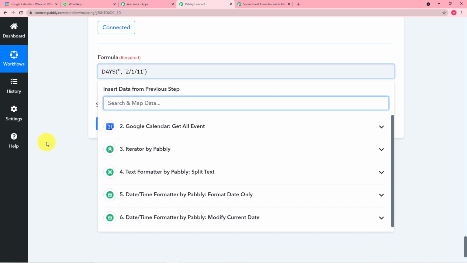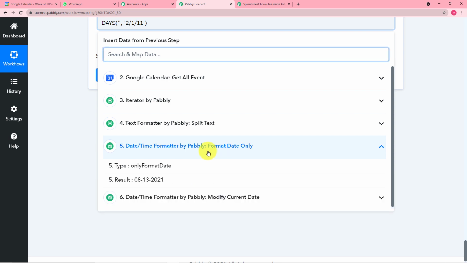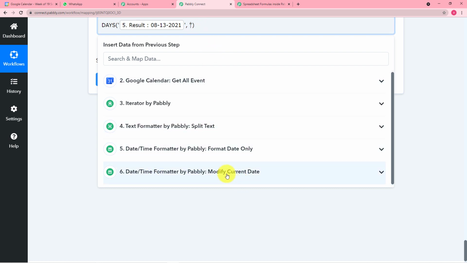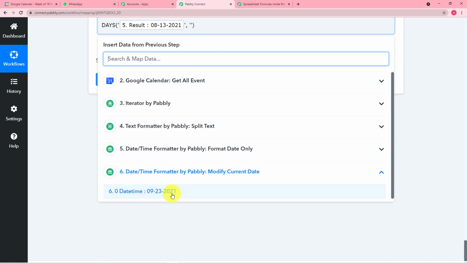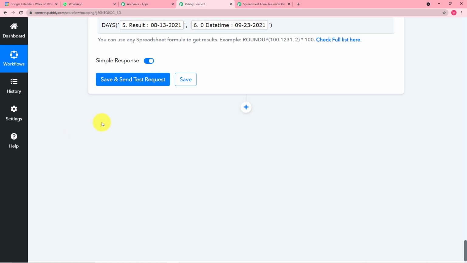So which dates are we going to compare? We are going to compare the date of the event and the date we have modified. You will find the data from here only. In this first field, click on the format date option, and you will find the formatted date of the event, like this. Then just erase this, and compare it with which date? The date that you have modified, and bring the date like this by adding a day one, right?